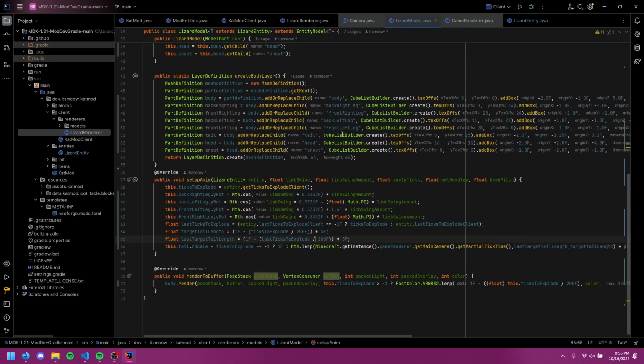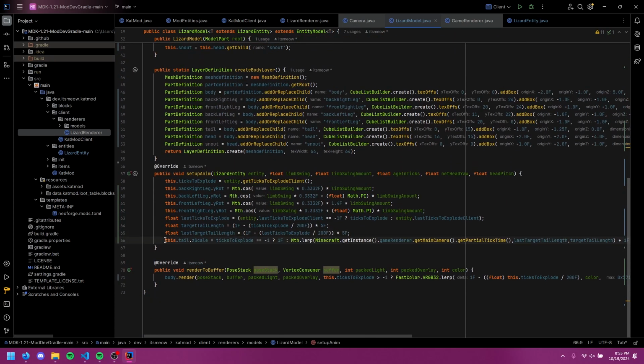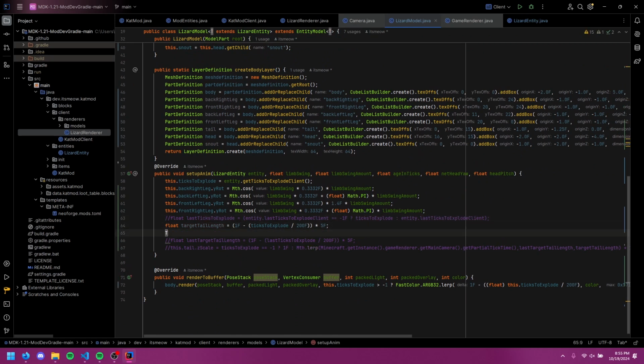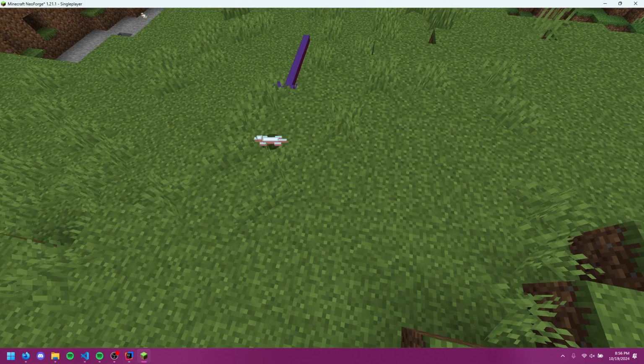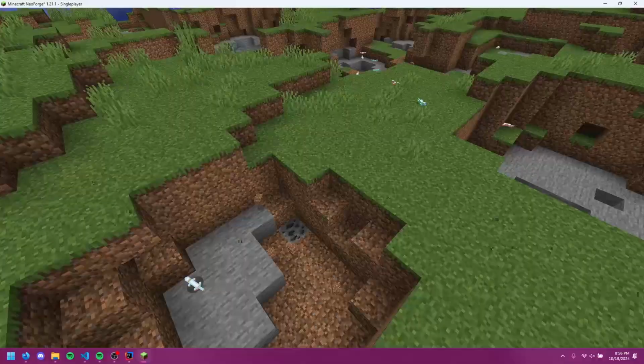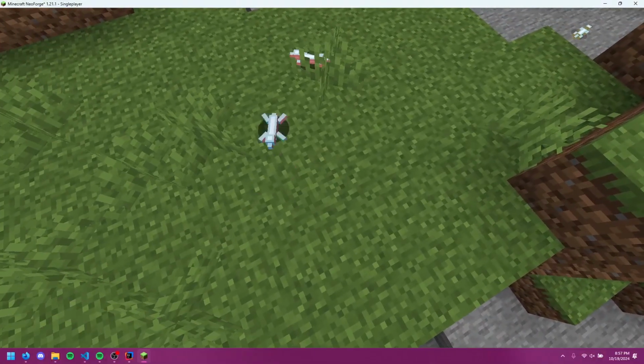But if I were to go into this and not do linear interpolation, if I just set it straight to the value that I calculate every frame, you'll see the difference. You can't really tell the difference that well, but that's because the ticks to explode updates